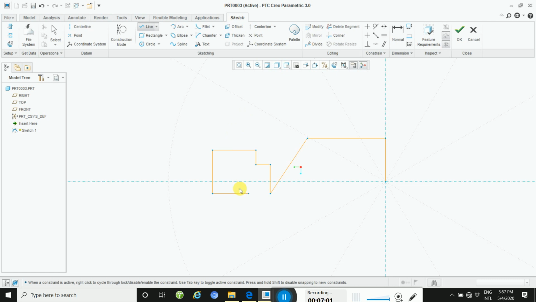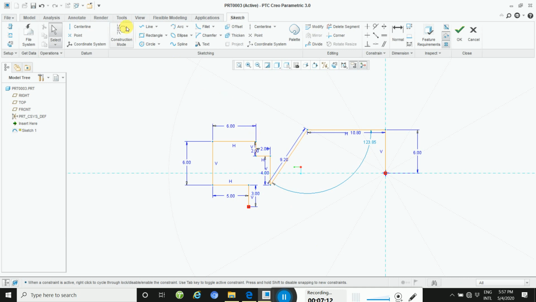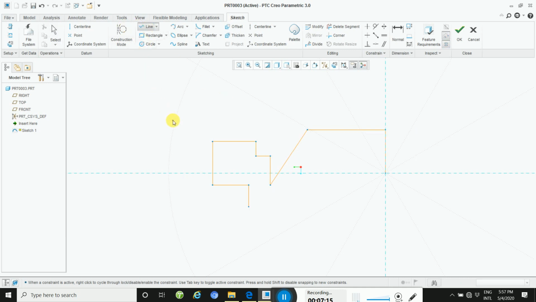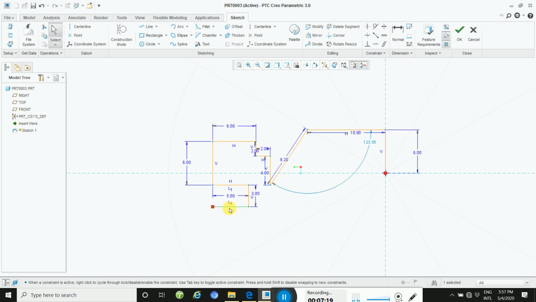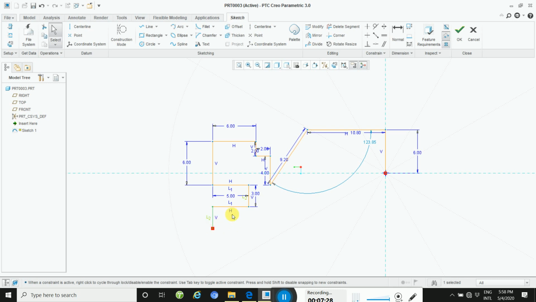Then draw a 3. And then again draw a 5 mm line, similar. These two lines are the same. Then draw 2 mm. Here this line is the same dimension as L2, no need to define it.